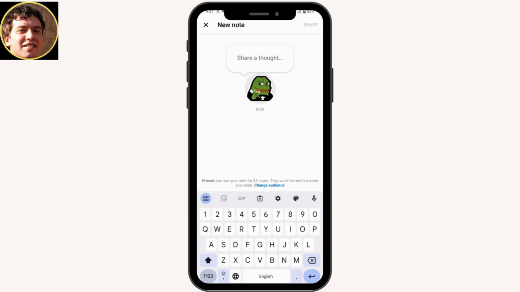But on Instagram, if you go to your notes here on the bottom of your profile, you will have a little music shaped icon to add your music. But on Messenger, we do not have that particular music option yet. So you can simply share text or the lyrics of that music that you like, but you can't share the